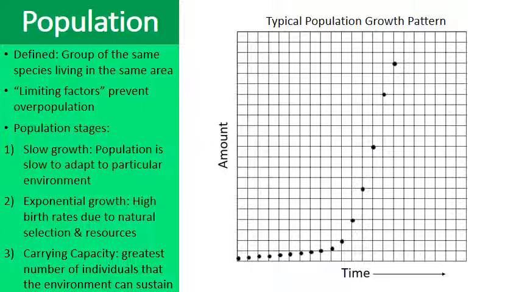And that leads us to stage 3, when the population tends to hit a plateau. It starts to level off at a period known as its carrying capacity. This is the greatest number of individuals that the environment can sustain. There's just maybe not enough food for many more individuals within this particular environment. And so if we kind of connect the dots here, you can see this nice little, what is called an S-shaped growth pattern. Use your imagination. You can kind of see the letter S in that curve right there of the line. And this is fairly typical across populations.